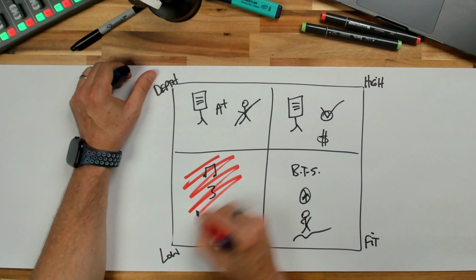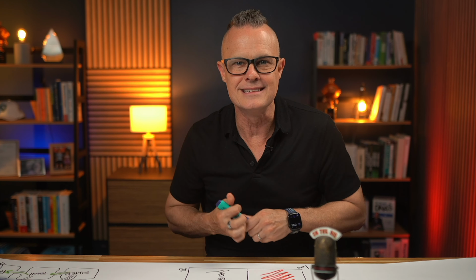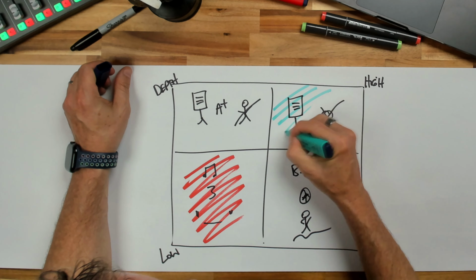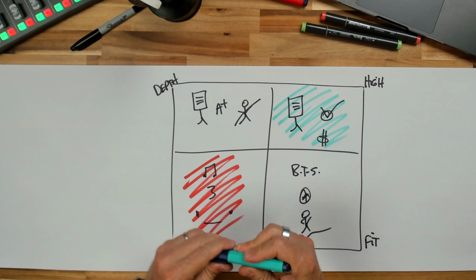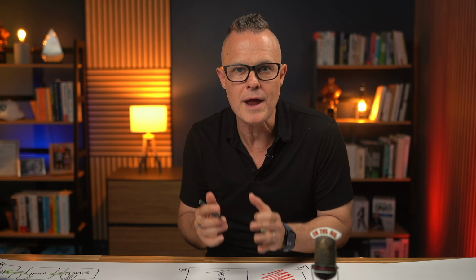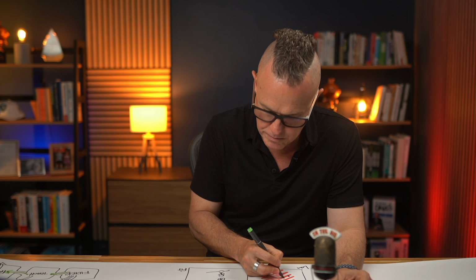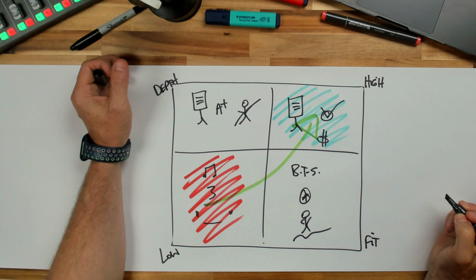Creators optimize for this content because they get rewarded by the algorithm, and business owners should be optimizing for this content because you get rewarded with revenue. So if you want buyers, stop asking, did this get views? And start asking, did the right people see enough value? And then every video you make should be moving you up and to the right.